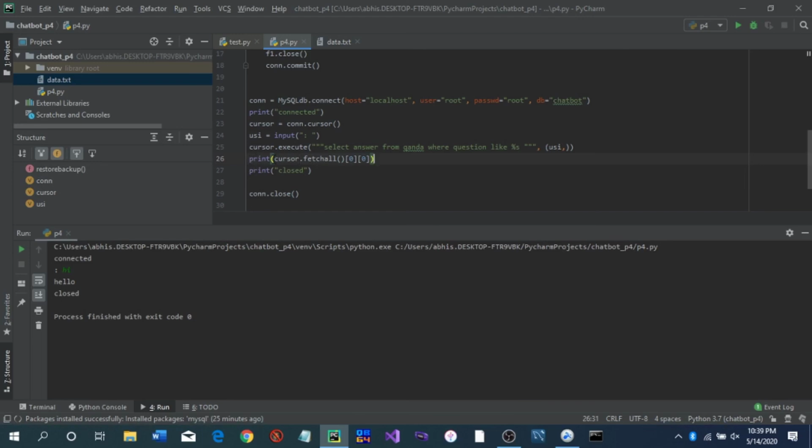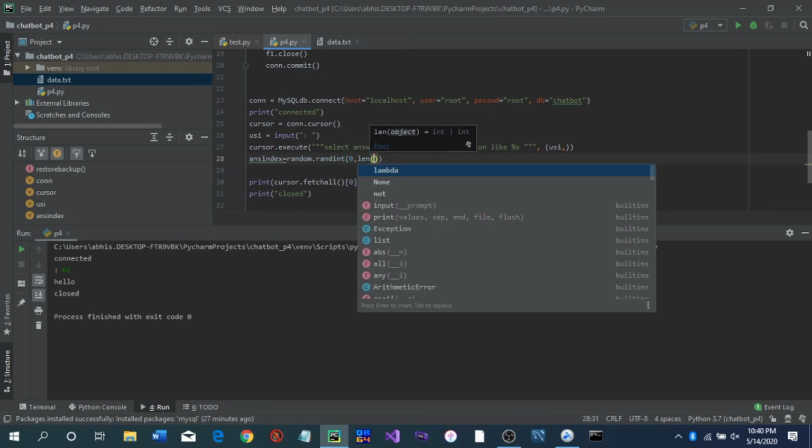But now the thing is that if you remember, we kept multiple answers over here. So we are going to have to make an answer variable, right? So first we'll make an ans index. Remember, randomize between the answers. So ans index equals random, and I think we'll have to import that. Yep. Alt enter for more options. Import this name. Didn't it work? Okay, alt enter again. Import this name. random.randint from 0 to len of